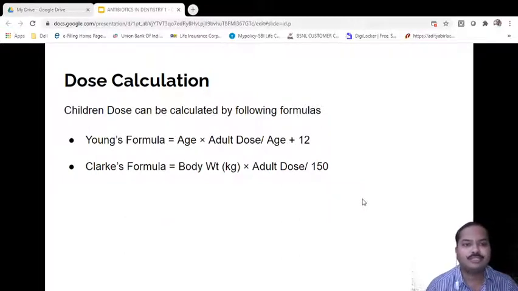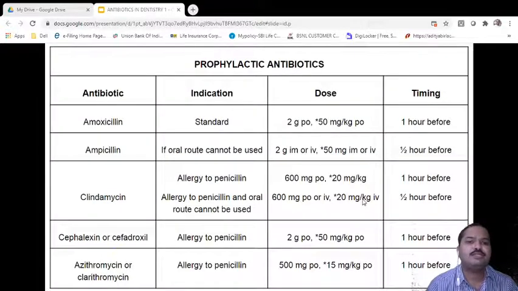Now the dose calculations. The calculation of dose in children is required, where Young's formula and Clark's formula, as you all must know, have been utilized for determining the dosage. Then the prophylactic antibiotics: we had discussed previously prophylactic antibiotics for infective endocarditis and prophylactic antibiotics for any infection postoperatively in the wounds. We give amoxicillin, ampicillin, clindamycin, cefalexin or cefadroxil, azithromycin or clarithromycin as the drugs of choice and